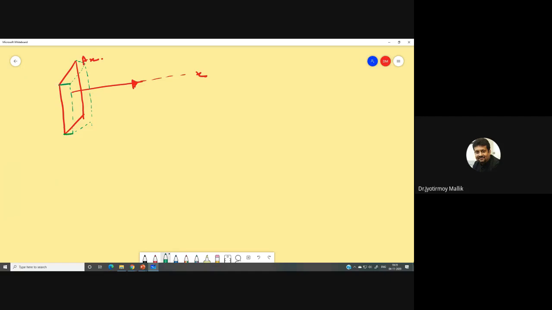Just imagine a very small surface parallel to Ax, which is at a distance of dx from this surface. Okay. Now, if I want to draw it in a simpler diagram,